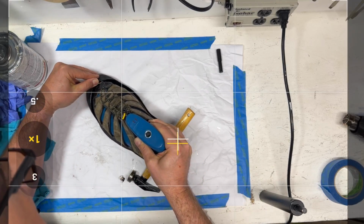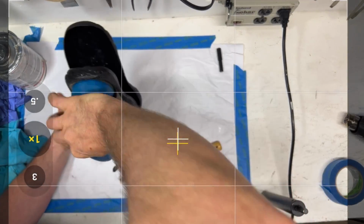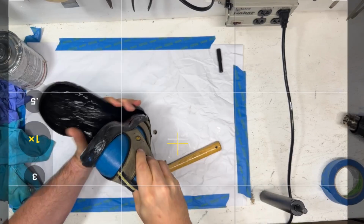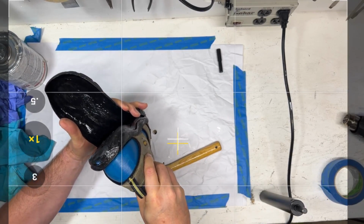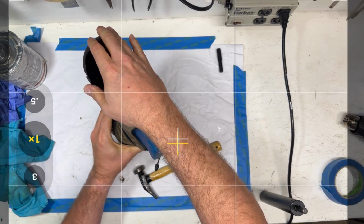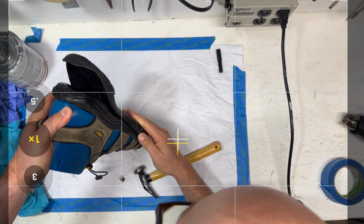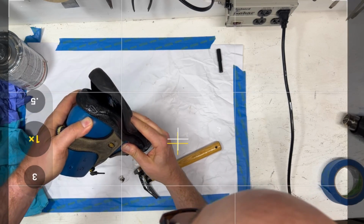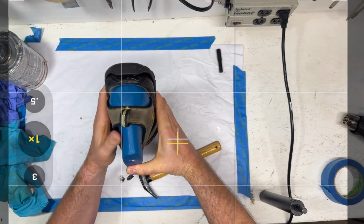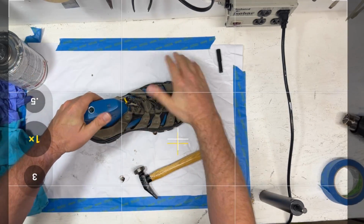And I'm going to peel this back, and I'm going to do my best to stick this in here quick, right? And I'm going to take this on the table here. I'm going to hold this back, and I don't want that to stick. And I'm going to pound this on the table because I want that toe cap to get down. Now, I'm going to start working my way here. I'm going to keep the heel off, and I'm just going to work the side here. This stuff, it's not wet, so don't worry about it dripping. You just want to make sure that you get landed. Get that sidewall on, and get that sidewall in, and just work your way around until we get to the heel. Okay, good. Now we're going to just bang that thing on the table,